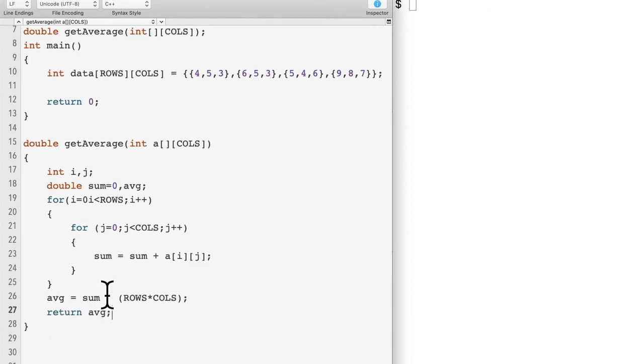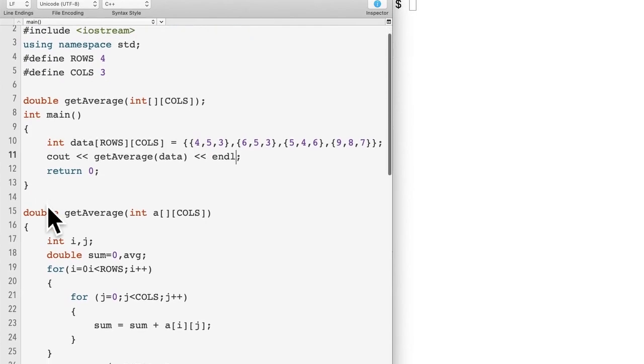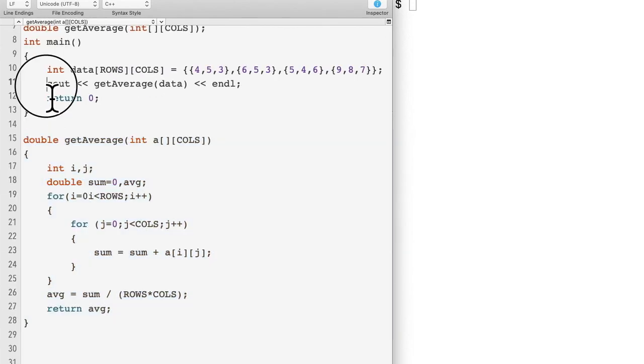So we have function definition here, and here we need to do the function call. For function call, I want to call inside the cout, so cout getAverage, and then we just put the array data as a parameter. Okay, finish. So we have the constants rows and columns here, this one is function prototype, this one is function definition, and this is the function call.